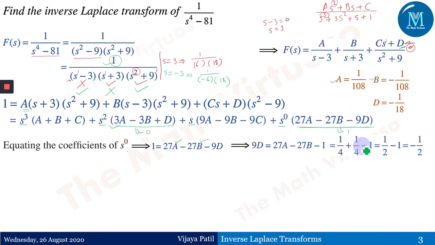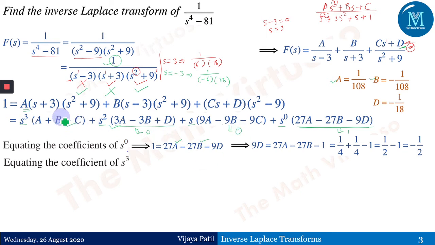Okay, so we have got d from here. Then if you observe, I have got c in two cases. The first bracket is a plus b plus c, that is the coefficient of s cube, and another bracket is 9a minus 9b minus 9c, which is the coefficient of s. So if I want this value, what will I do? I will equate this to the coefficient of s. What is the value of the coefficient of s in the LHS? We don't have it, so we have to equate it with 0.